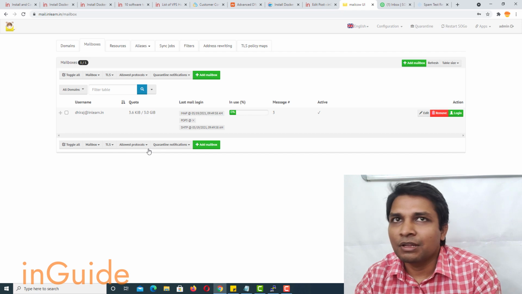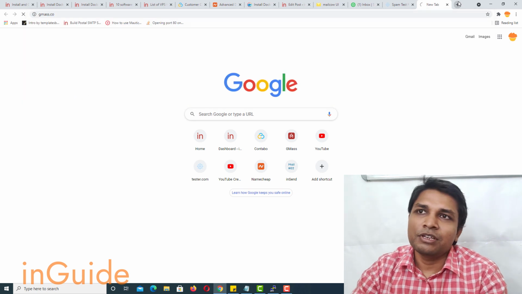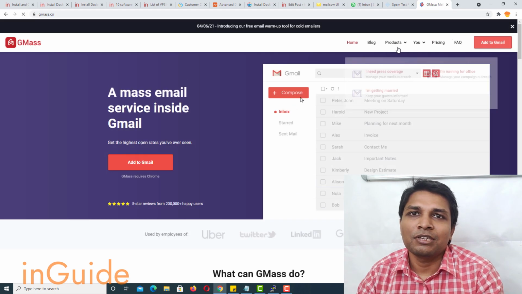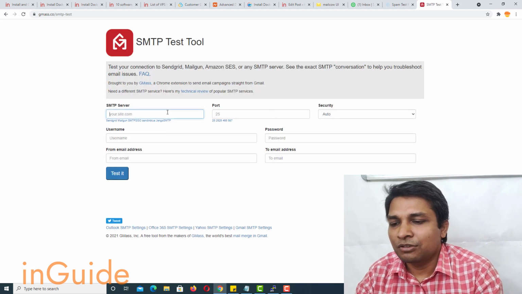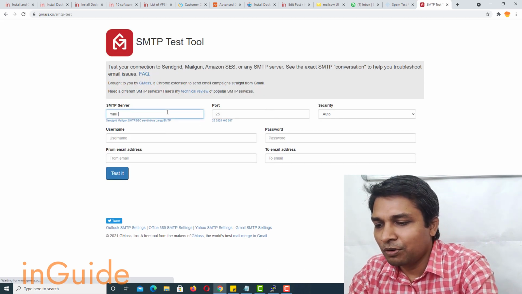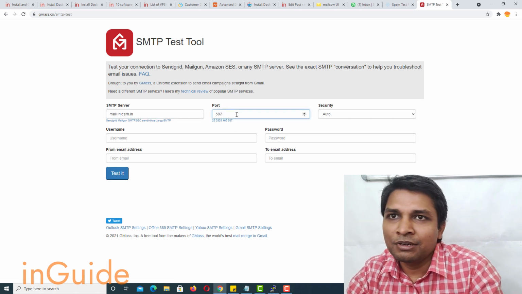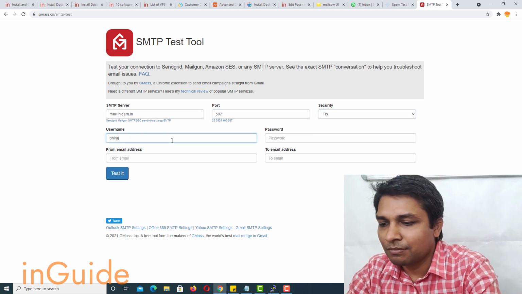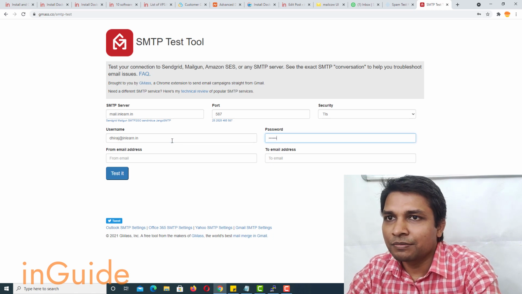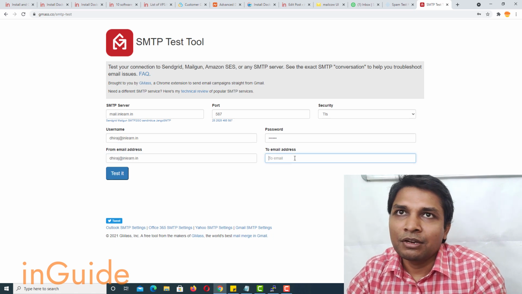So let me go to Gmass and do the SMTP test. Obviously I know you will be using it for SMTP, so why not test it from here. The port has to be 587, security should be TLS, username, alright, and then the password, from the email address and so on.